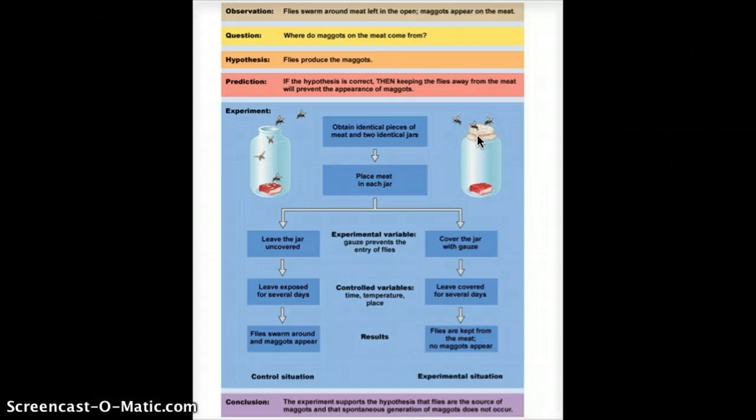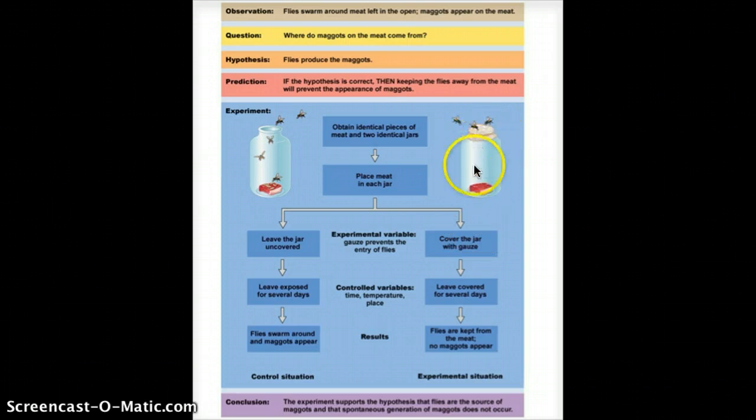Now, he actually did an original experiment where he covered it with something akin to plastic wrap. Obviously, it wasn't plastic wrap, but something similar. And he didn't get maggots, but the people that believed in spontaneous generation said, well, that's because the air isn't reaching the meat, and somehow you need to have air for the maggots to appear spontaneously. So his idea then was to put some gauze. Gauze was going to let the air in, but not the flies.